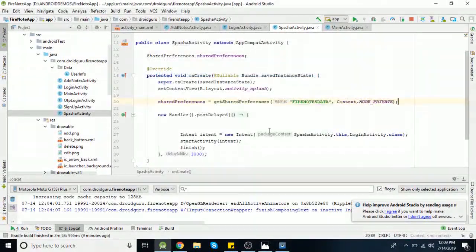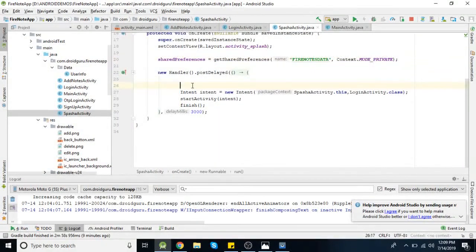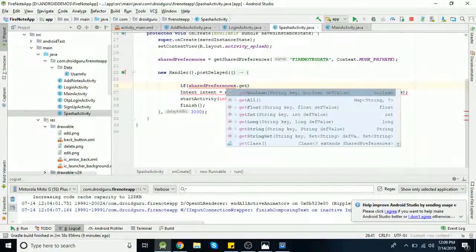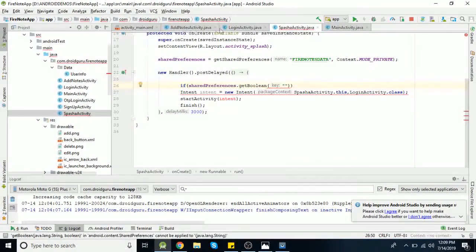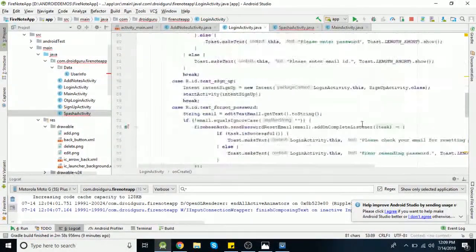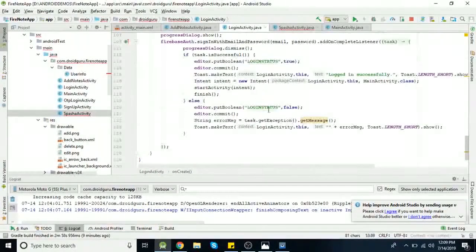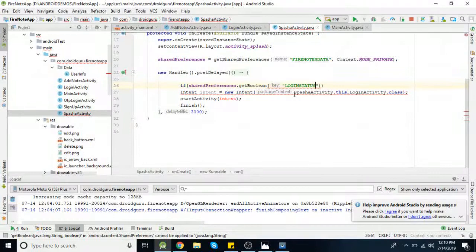Okay. Now here you will check it. If shared preferences dot get boolean, here you need to pass the same key, that is login status, and here we are going to set a default value which is false.